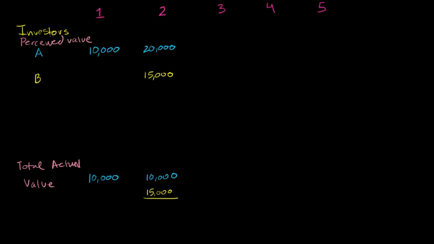So I have a total of $25,000. This is the actual amount that I have in my bank account, assuming that I'm not spending it on my yacht or my fancy suits. But the total perceived value, let me write that down another line. So total perceived, if everyone actually wanted the amount of money that they thought they had back, I would have to pay out